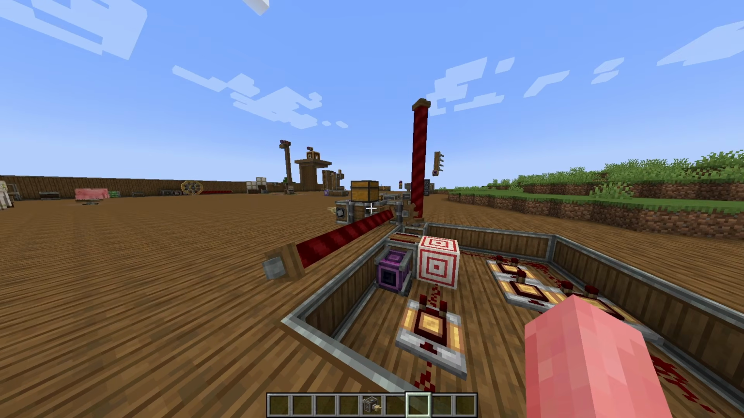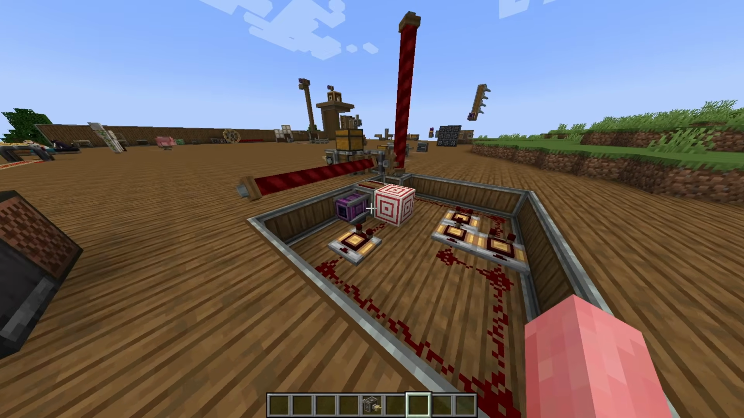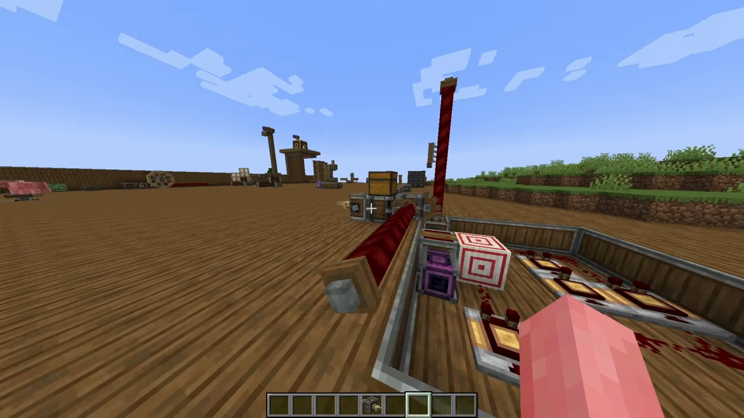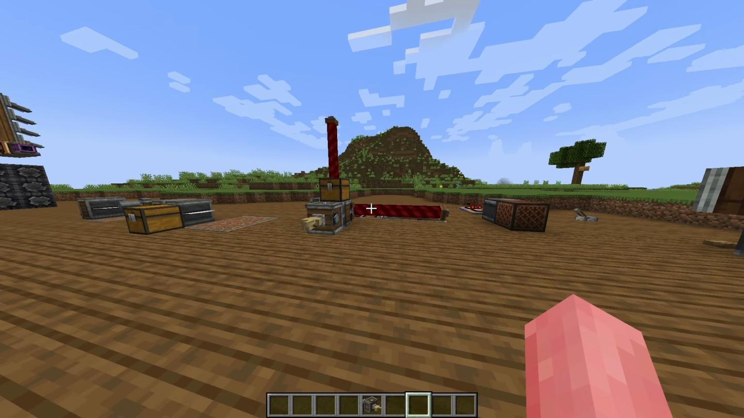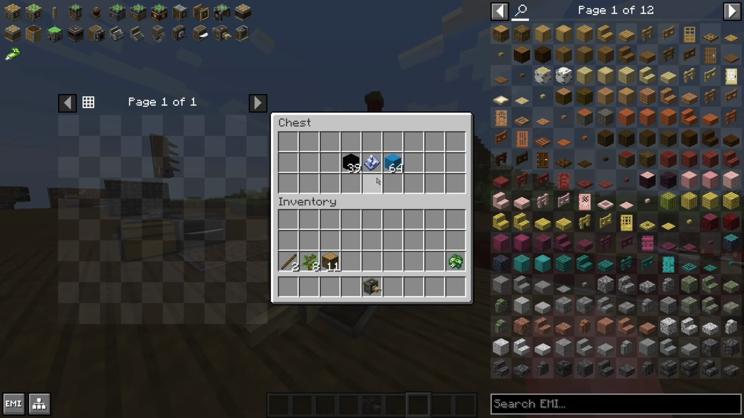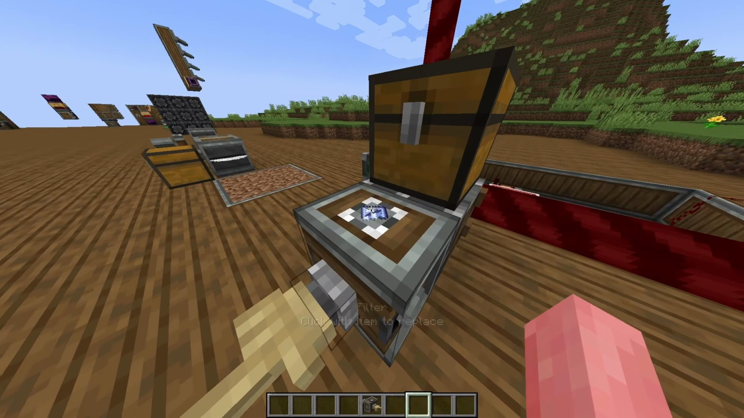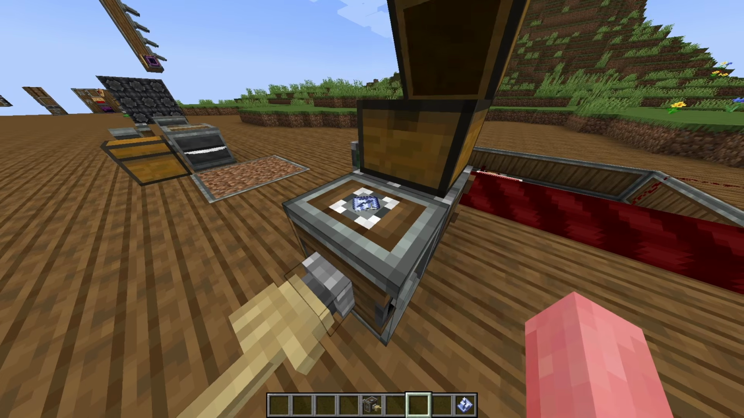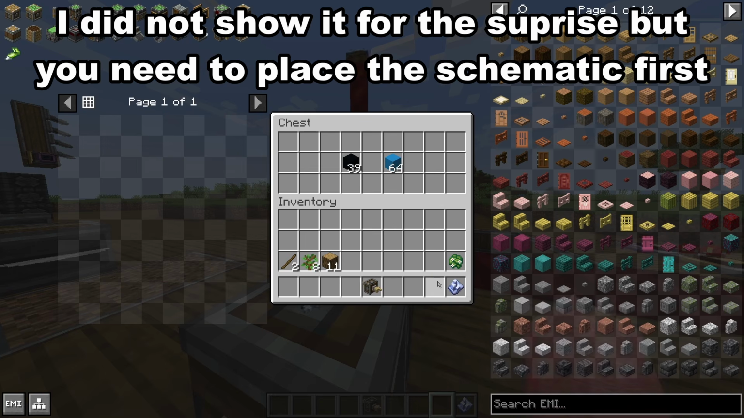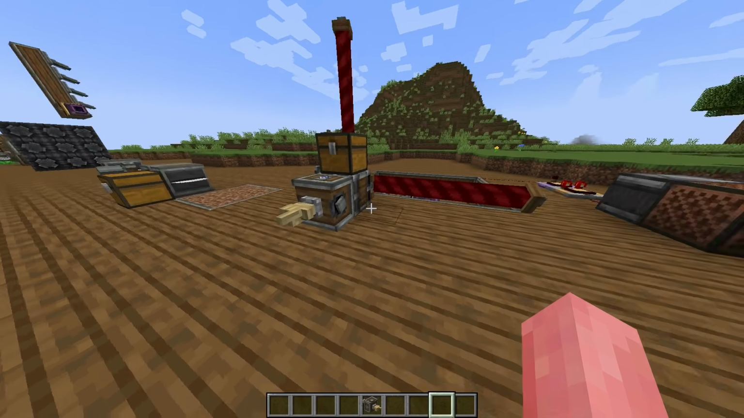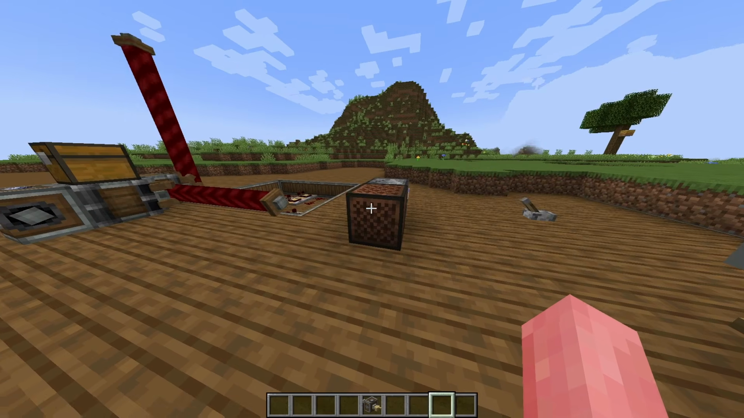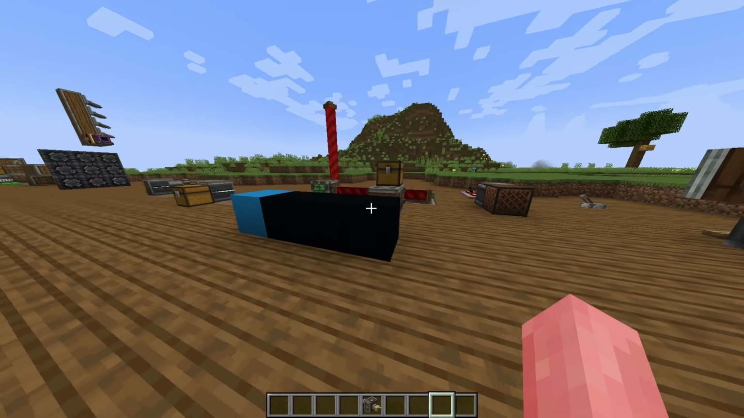Now what I've made right here is a crappy 2D printer, which means that the deployer will go through an entire 2D plane. So in this case, I've added a schematic inside, and when I place the schematic on the filter of the deployer, like this, it will now try to place a block where you've placed the schematic, which means that if I now start the 2D printer,